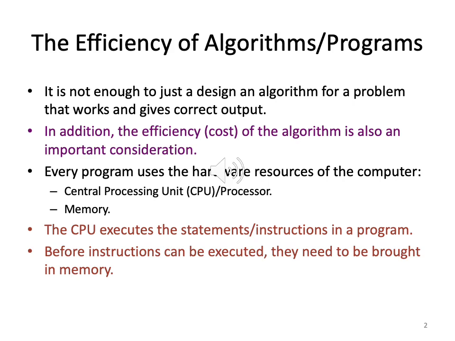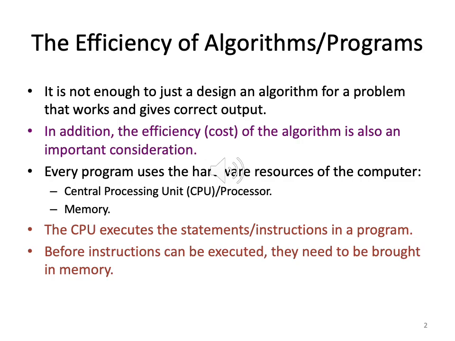An example of an instruction could be: there is a memory location, you go to that memory location and grab the value of a variable X. That could be one instruction. Another instruction could be: you have two variables X and Y with some values, add both of them and then store the result back in a memory location. So essentially all the calculations, all the instructions, are executed by the CPU.